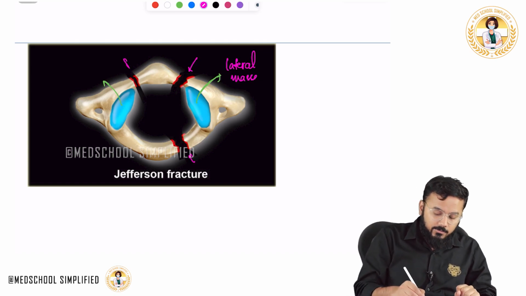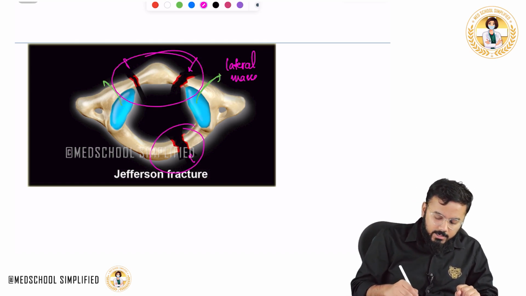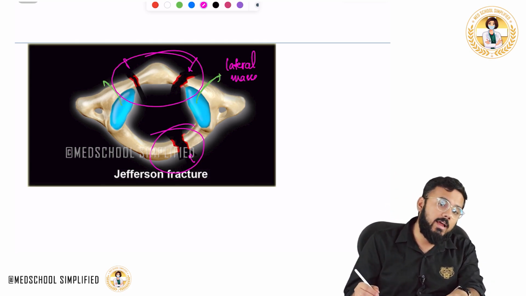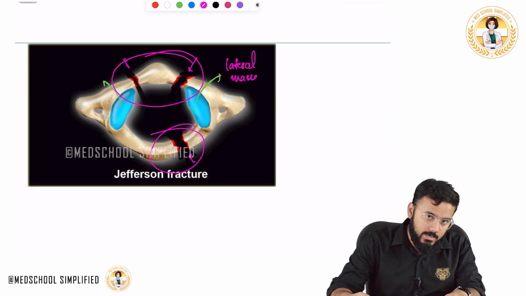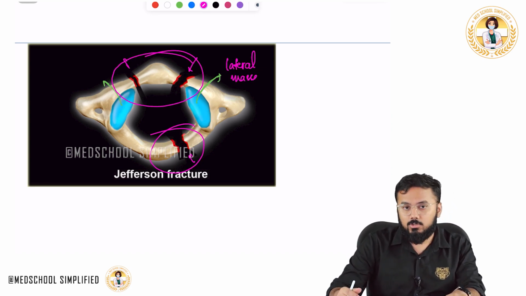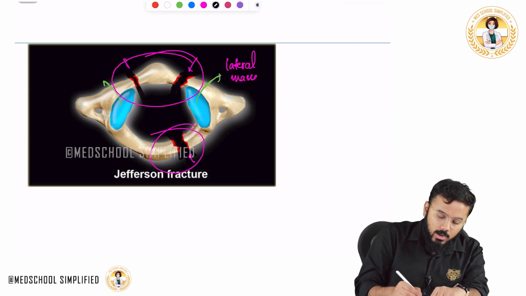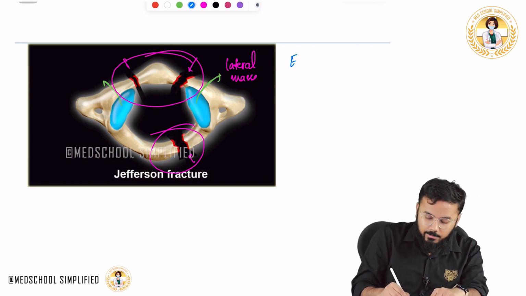So where is the fracture? The fracture is to the anterior arch, the fracture is to the posterior arch, right? So this kind of fracture is happening because of compression of lateral masses. So that is why this fracture is called a compression fracture or Jefferson fracture. Okay, so compression fracture or Jefferson fracture happens in an extended neck,